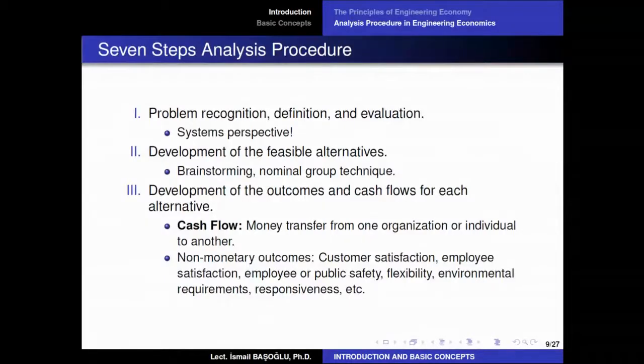There are also non-monetary outcomes as well in every investment, in every alternative. What are these non-monetary outcomes? When you go with a certain product, for example, as a choice, the customer satisfaction, when you sell this product to the customer, is a non-monetary outcome which cannot be easily measured with monetary units. Or employee satisfaction, employee or public safety, flexibility, environmental requirements, responsiveness, etc. There are some qualitative effectiveness metrics, okay,